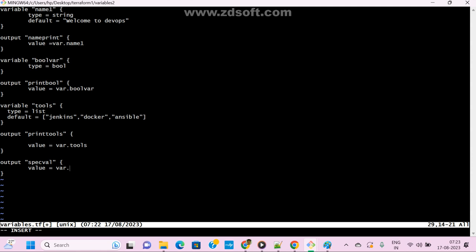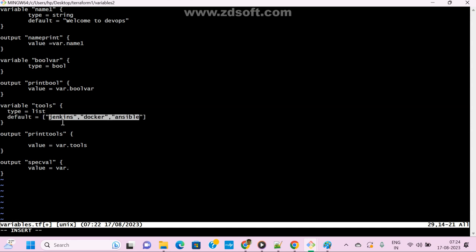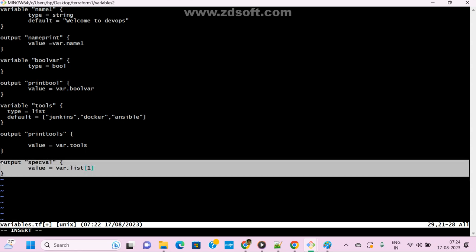We need an index, right? So this is a list, right? In this list, in total how many do we have? Three names, correct? Jenkins, Docker, Ansible. Actually, does an array start with index 0 or 1? 0. Now I want Docker, right? In that case, 1. Now see here, copy this one,